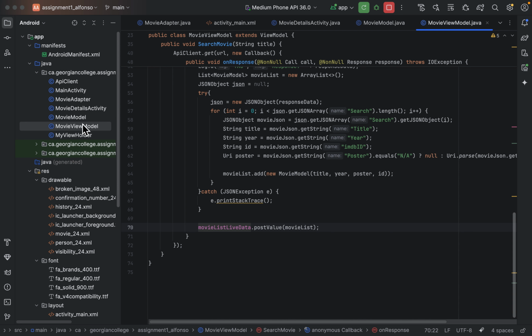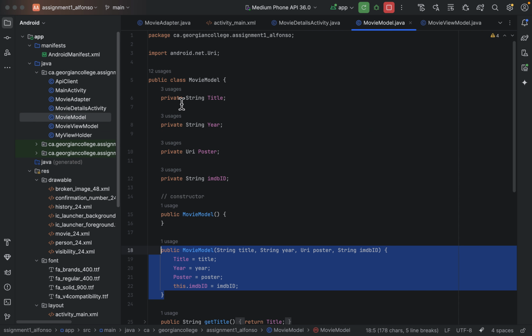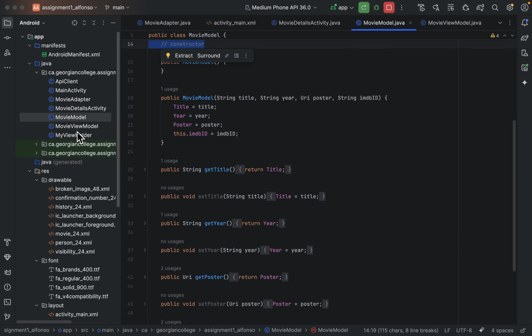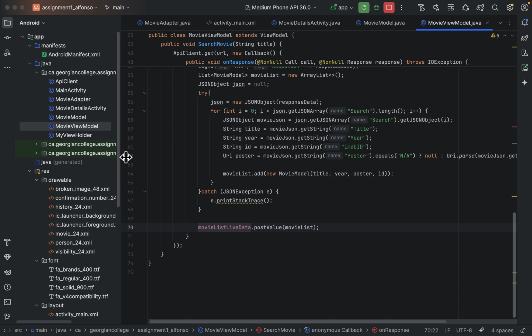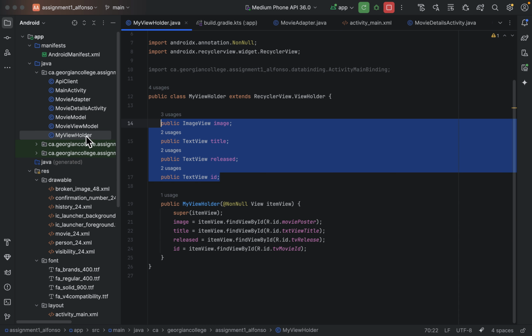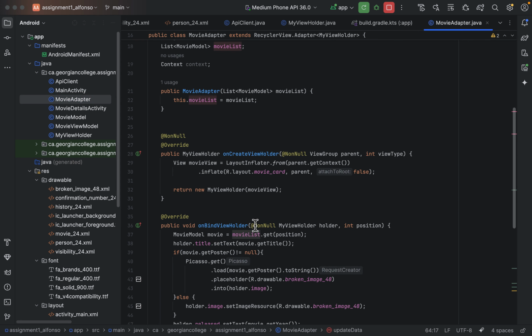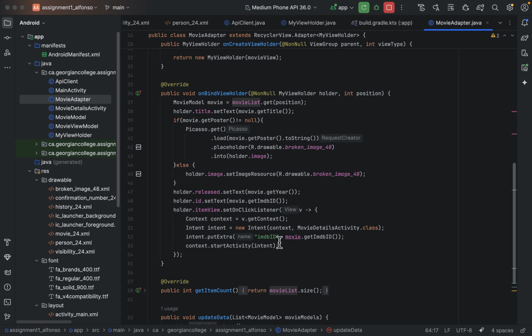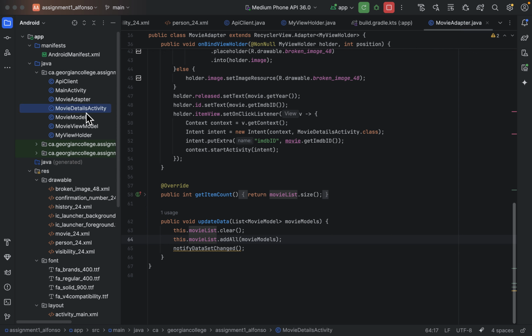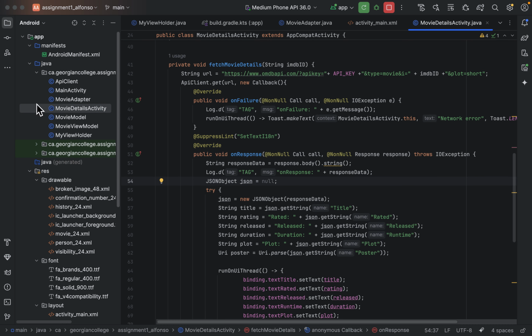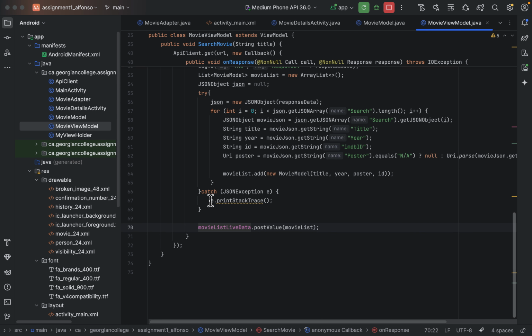So if I go to my model, I just have my attributes here, and getters and setters. I think I explained everything so far. Yeah. Oh yeah. So here in my adapter,